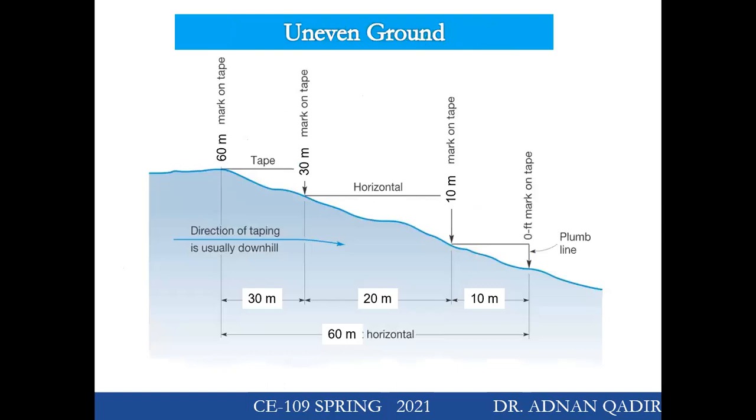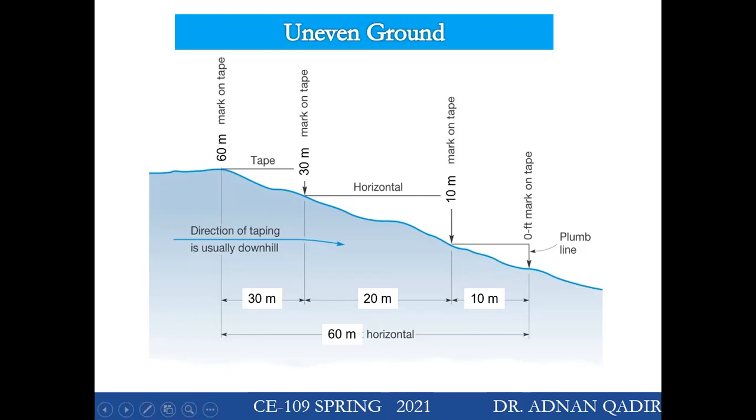Now, how you measure uneven ground is like this. We go from measurement from downhill. So if you have to measure the distance between these two points, you are not going to start from here. You always start from sloping down. So for instance, you start here